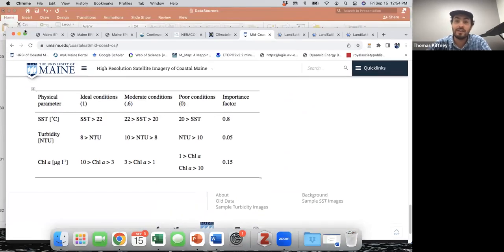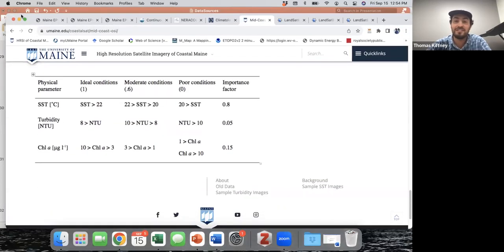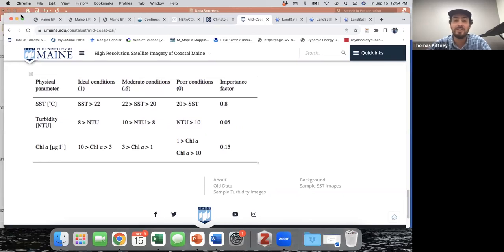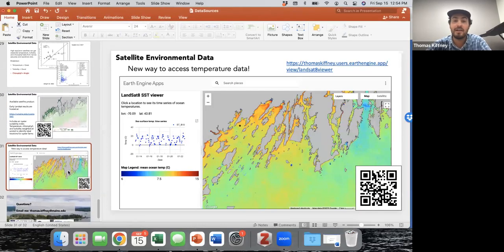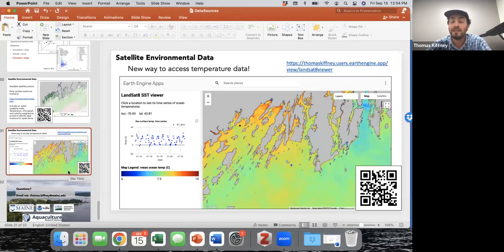And then since I only have 5 minutes, I'm not sure I'm going to get to actually showing people getting data off our last tool, but it's one that I want to highlight. Since we are very confident in that satellite temperature data, I wanted to demonstrate this new tool that we're still working on, but it is a portal to actually see some time series of that Landsat 8 sea surface temperature data. So if you go to this link,